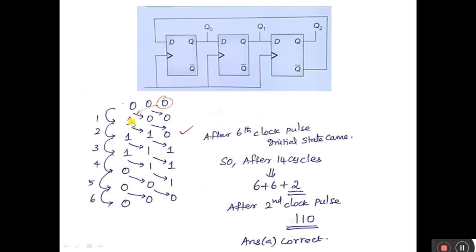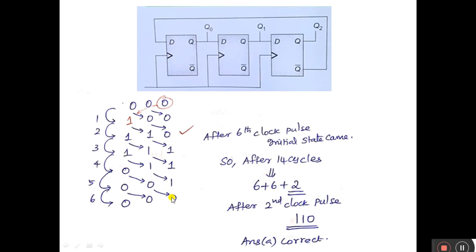After the second clock pulse, this 0 becomes 1. These states remain the same, 1 0. After applying the next clock pulse, this 0 becomes 1 and these 1 1 remain the same. Then on the next clock pulse, this 1 becomes 0 and 1 1 are the same. That is directly shifted. Then after applying the next clock pulse, this becomes 0 because Q bar is connected to 1. So 1 becomes 0 0 0. After applying the 6th clock pulse, 1 0 0. So 1 becomes 0. This is the same.